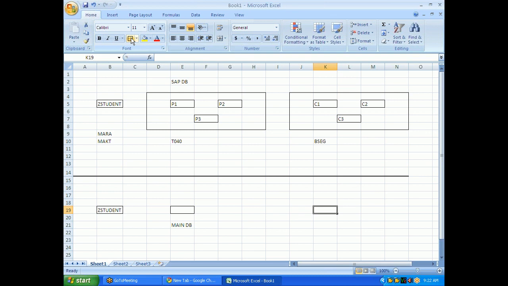So you can write down: cluster tables are used to store large volume of data.